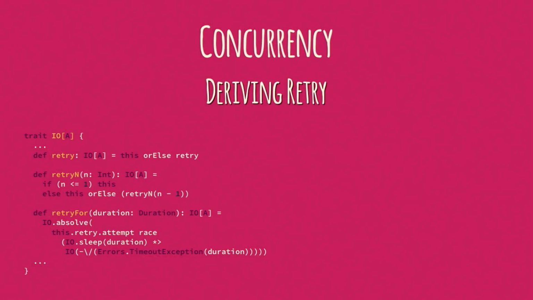Retry. Once we've built all these things, we could just add stuff all day long. It's just so incredibly easy. Retry, it's this action or else retry. And that's going to retry forever until the first success. Or we can retry n if we want to retry up to n times. Very simple. We can retry for a specific duration, so we can retry for up to 5 seconds.